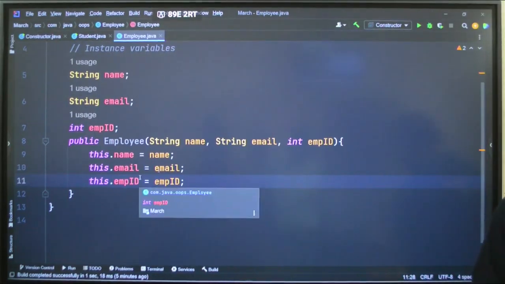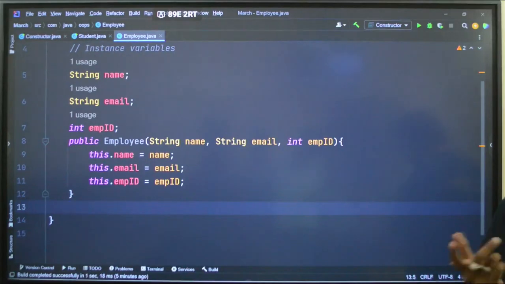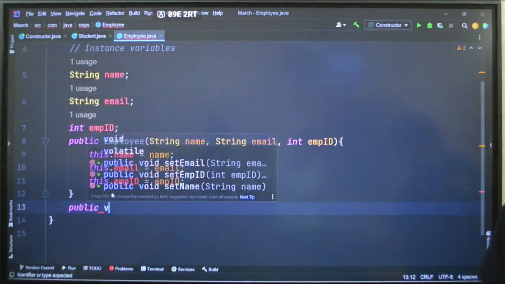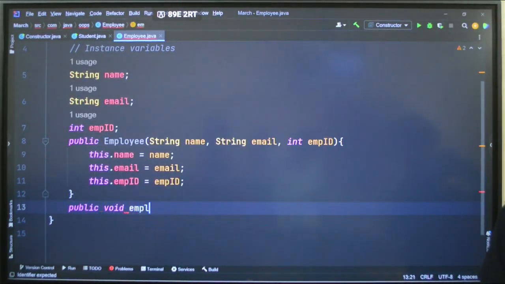Okay, after that we have created the constructor. Let's now jump on to the method. So public void employee details.